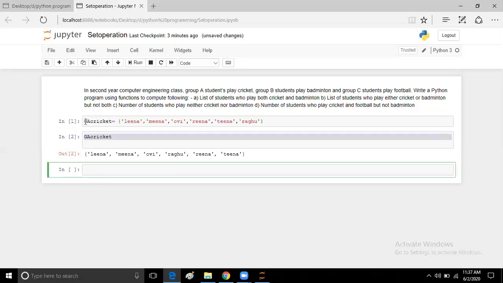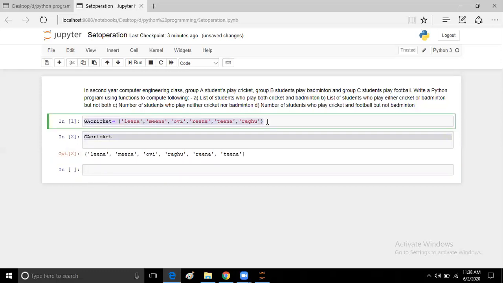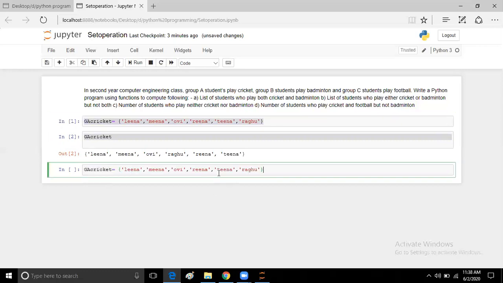In the same way as you created group A, again you are going to create group B. So I name this entity group B, who are going to play badminton, right? The names are, for example, Lassi, Mona, right?